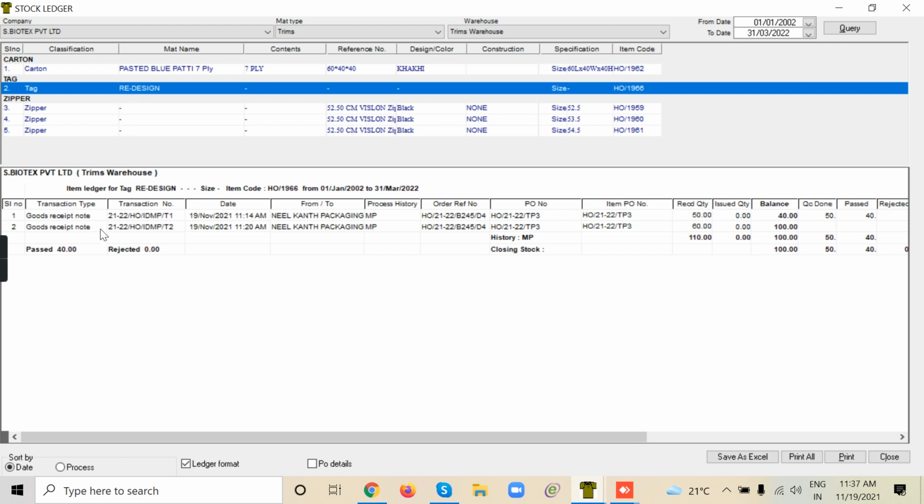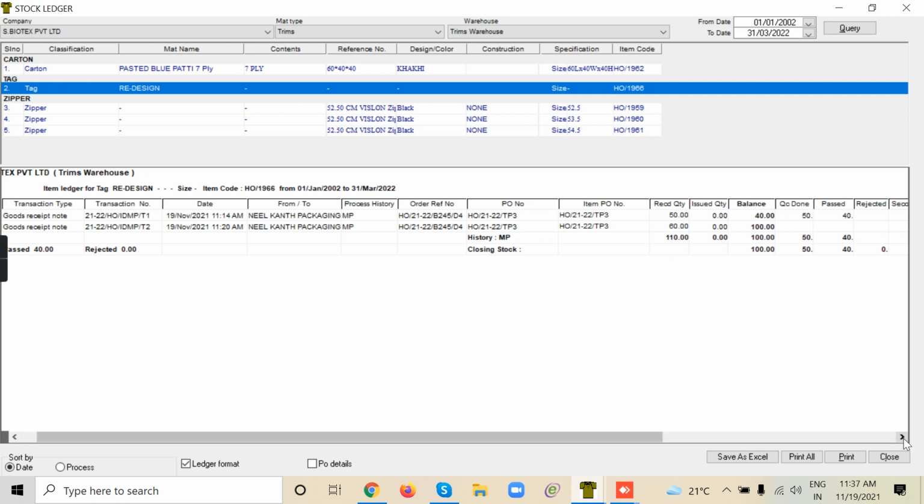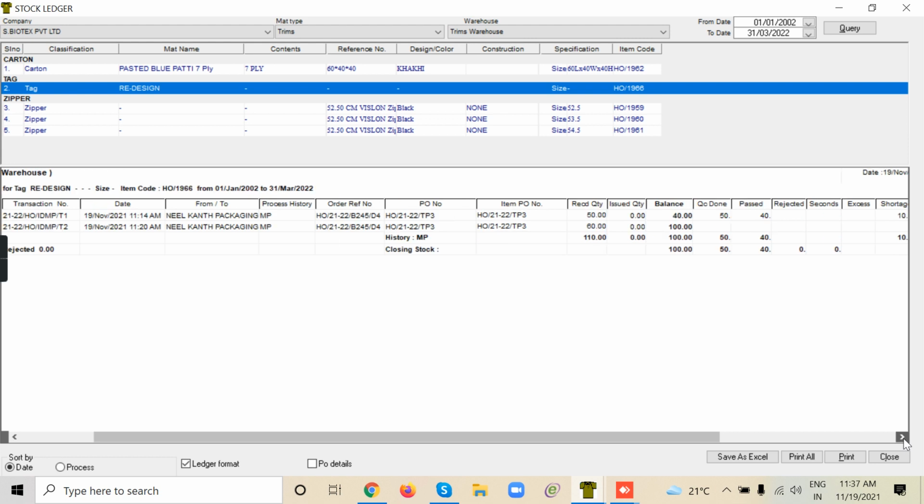So for this tag, 50 is received, 40 is balance, 60 is received, total 100, 110. And this 10 is surplus, I think.